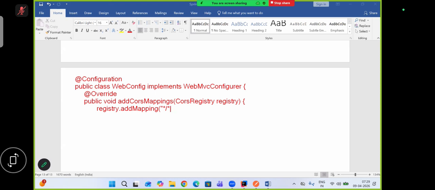Or for example, I can even write like this also, /api/**. It means any endpoint that starts with /api/employees, /api/save, /api/employees/{id}, everyone. And who are the allowed origins for this mapping, and who are the allowed methods? We can write dot